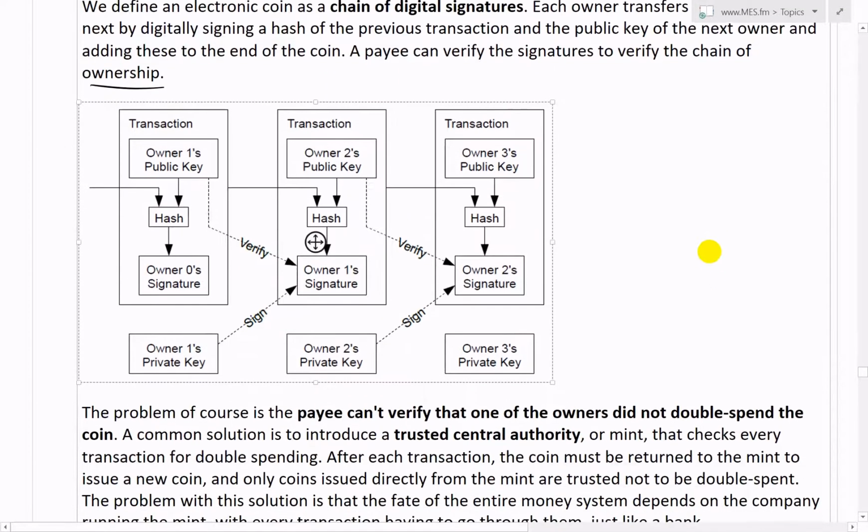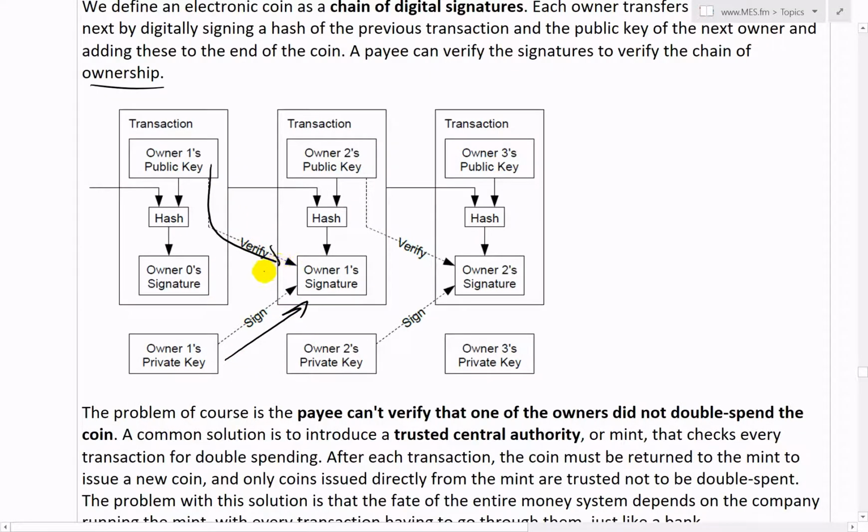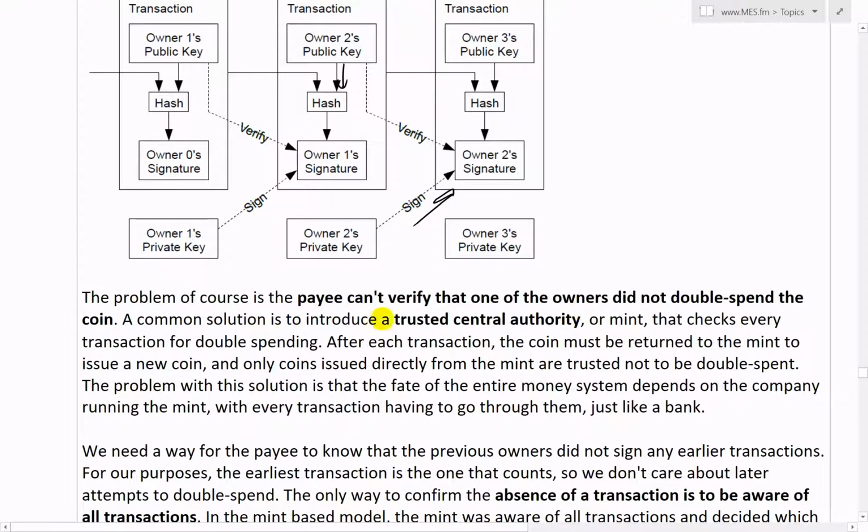The way it works is what I kind of showed above. If this owner wants to transfer these Bitcoins over to this one here, this owner would send a hash with the public key, and then this would sign it using the private key, and then you can verify using this one that it is in fact transferred over, and likewise onto over here. So you can transfer by using the public key and the other one's private key and sign that you've transferred your Bitcoin. The problem, of course, is the payee can't verify that one of the owners did not double spend,